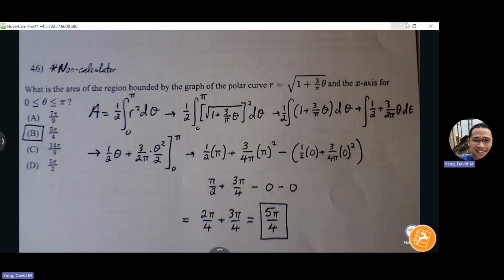Number 46 is non-calculator, so see if you can work your way through without a calculator. Get the intuition, give the interpretation. I don't get it logically. So